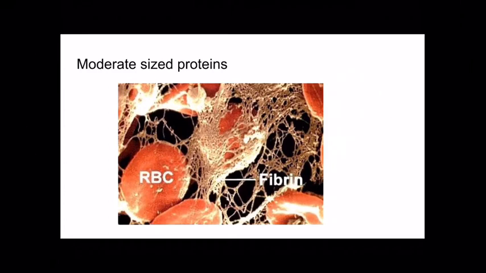Other moderate-sized proteins are what we're looking at here on the slide. Now, these are actually proteins that are outside of cells because they're in a connective tissue, and that's the nature of a connective tissue, that it's made up of cells and matrix, and part of the matrix is fibers. And so these protein fibers are actually a protein called fibrin, and this is a protein fiber that forms when we need to form a blood clot. And that's what we're looking at here, part of a blood clot. So that's why we see red blood cells kind of tangled up in these fibers.